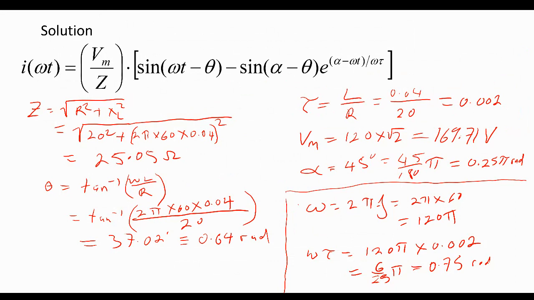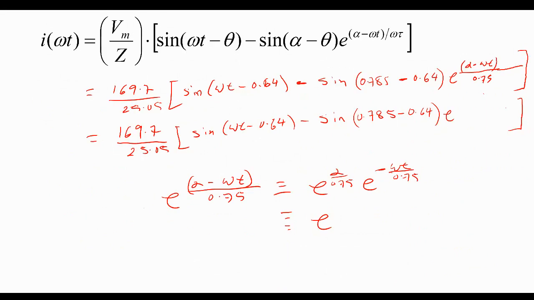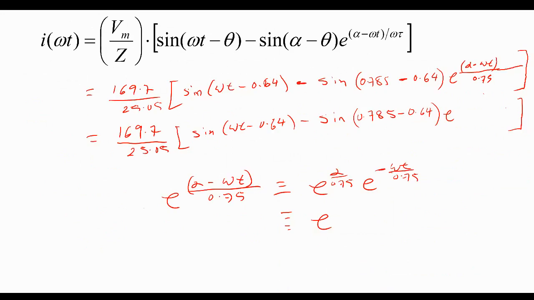0.25 multiplied by pi, that's equal to what? 7.5. How much? 0.78. It is 0.78, and that's over 0.75. Right, so e to the minus omega t over 0.75. Right, so that's what you substitute up here. So your e to the